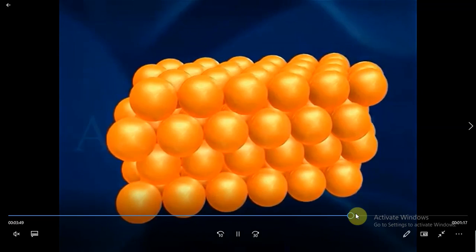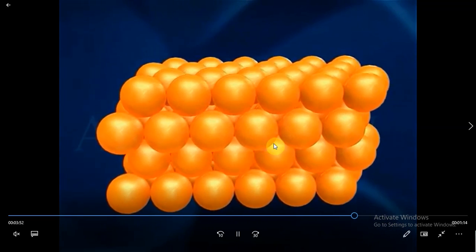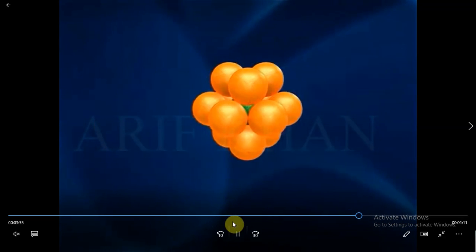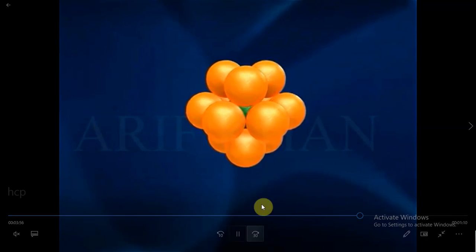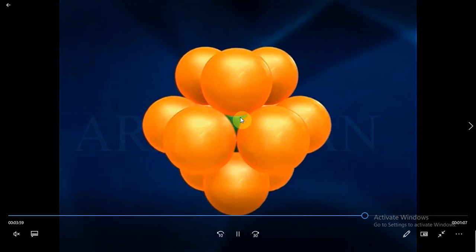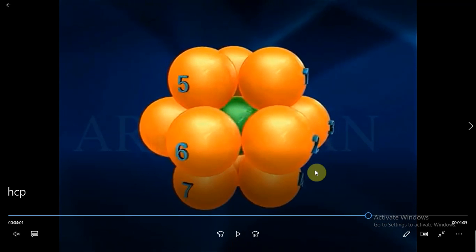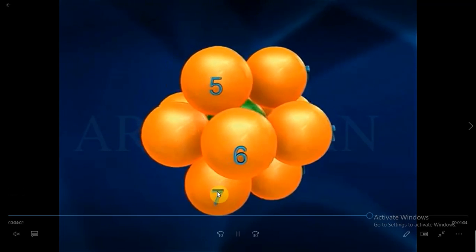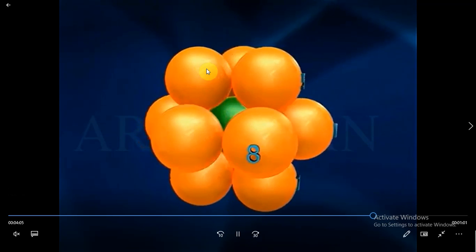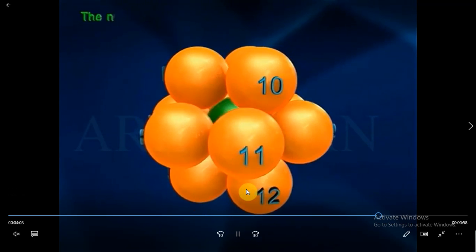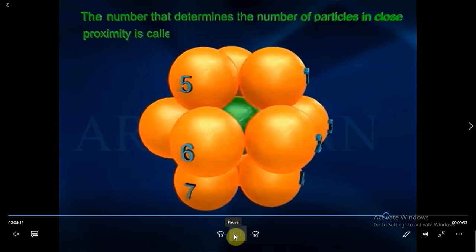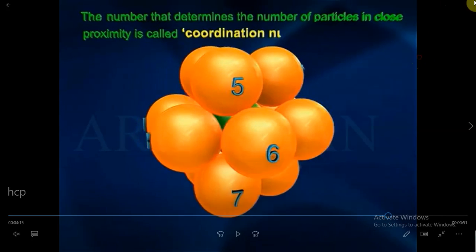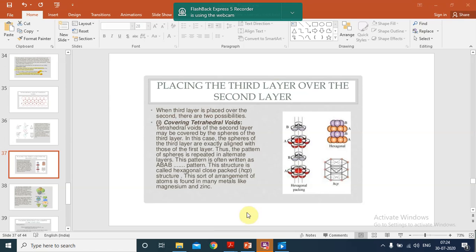In the hexagonal close packed structure, if you see one atom, let us see here. The 3 at the top are there. Let us see how it is getting counted. You see, this green atom is the reference atom, and how many atoms is it getting counted with? You see 1, 2, 3, 4, 5, 6, 7, 8, 9, 10, 11, 12. So a total of 12 atoms are surrounding one atom. So the coordination number that came out was 12.